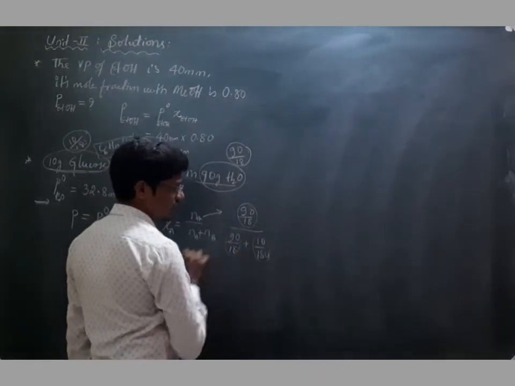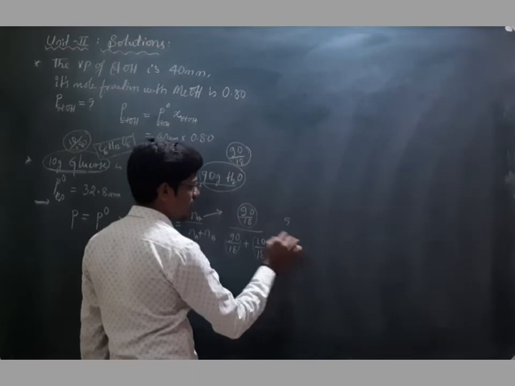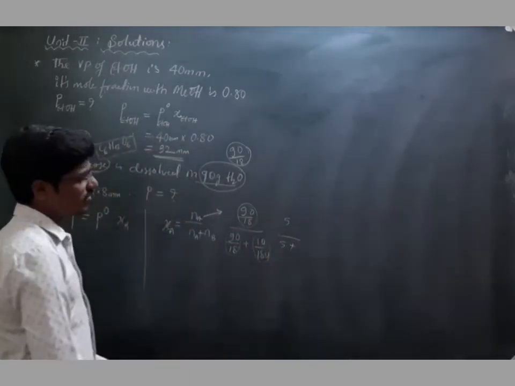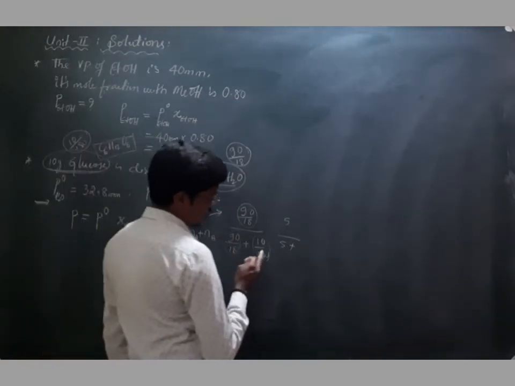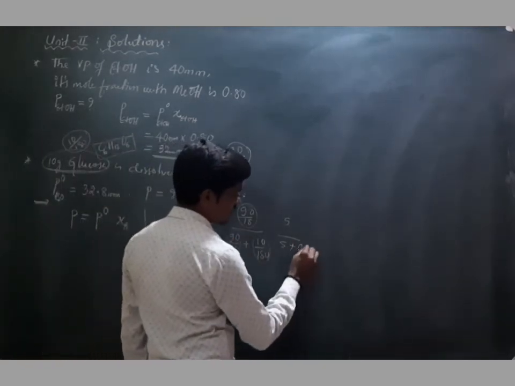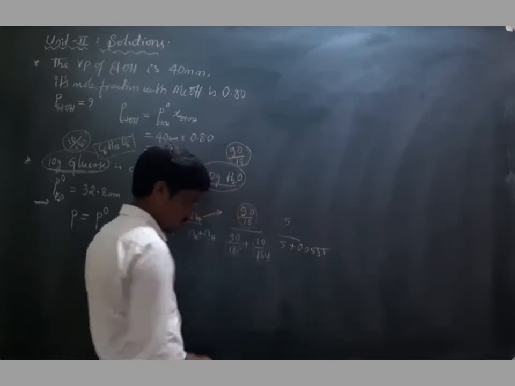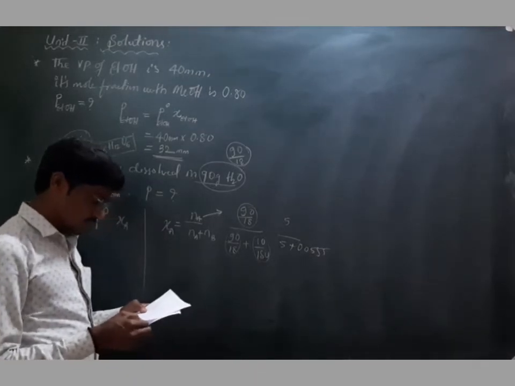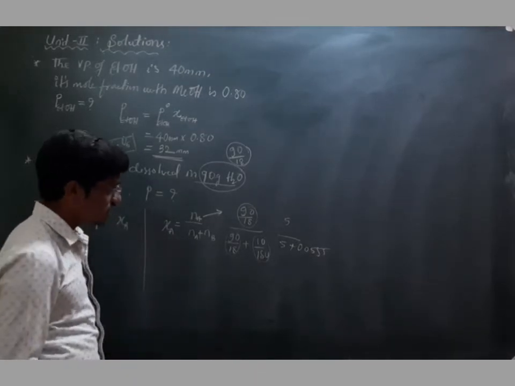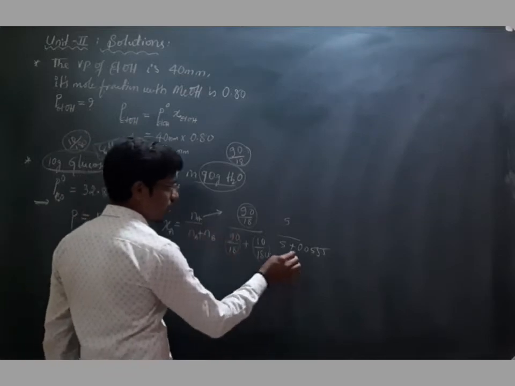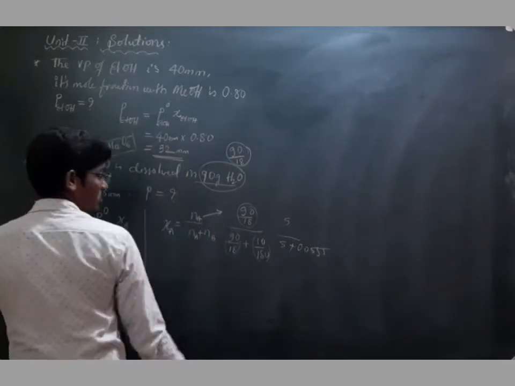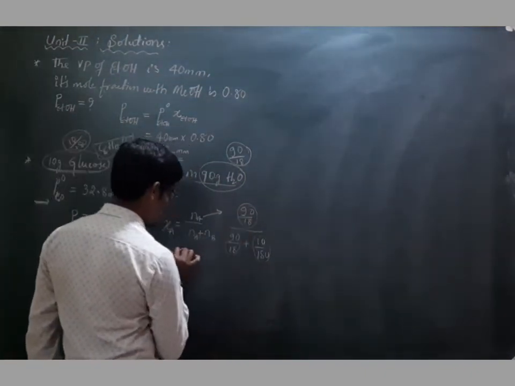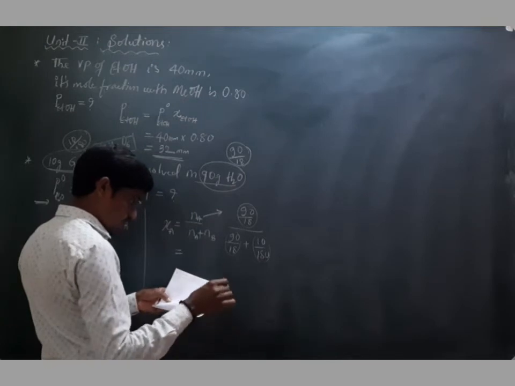So simplify this. Here it is 5 divided by 90 by 18, 5 plus 1000 by 18, which is 55.5, giving 0.055. Once you verify the calculations, upon simplifying, the final answer in this case is XA equals